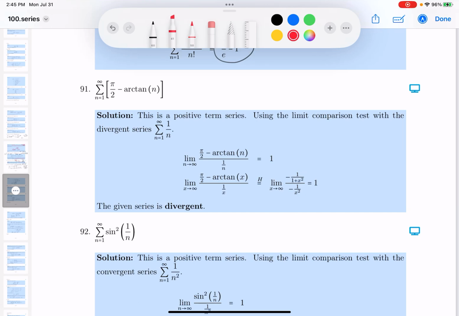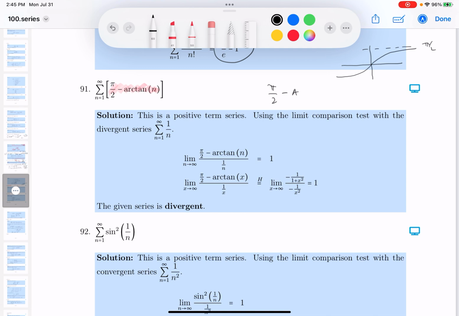Okay, I'm looking at this here, and I want to make sure you know that I know the arctangent function looks like this over here, and it's asymptotic with pi over 2. So what do I know? I know that pi over 2